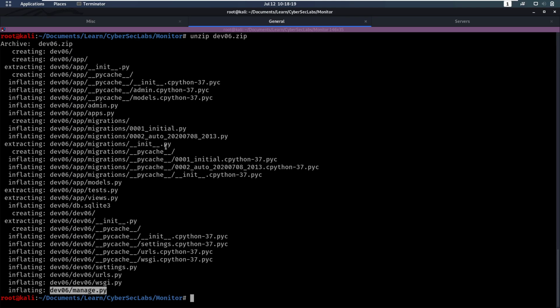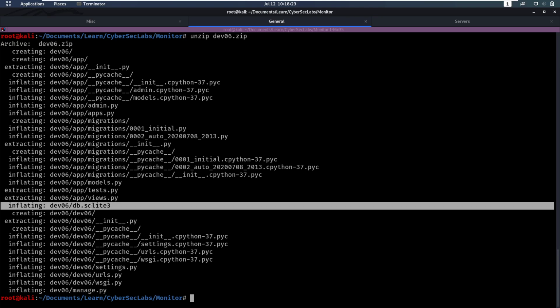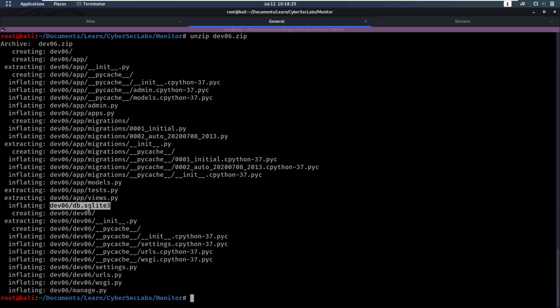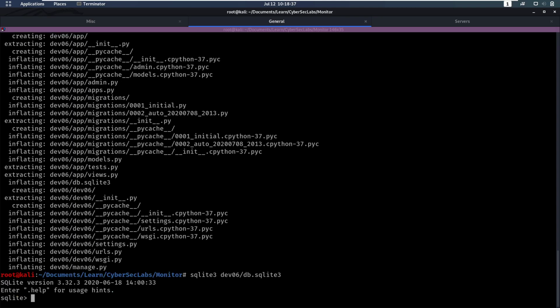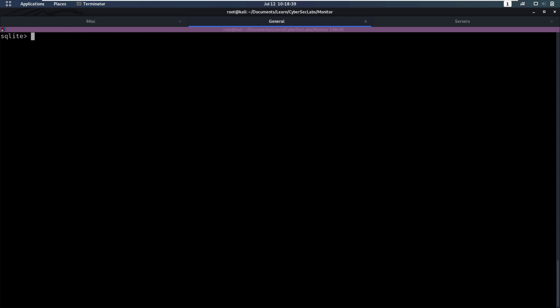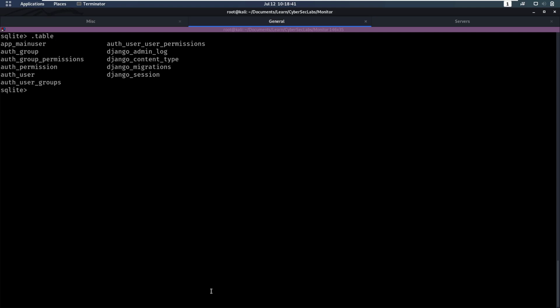Now what you're looking for here is maybe credentials to a database or a database itself, credentials that you might be able to reuse somewhere else, stuff like that. So let's look at this database first. We're going to open this database in SQLite 3, database.sqlite3. So now we have a shell in SQLite, and we can do .tables to view all the tables,